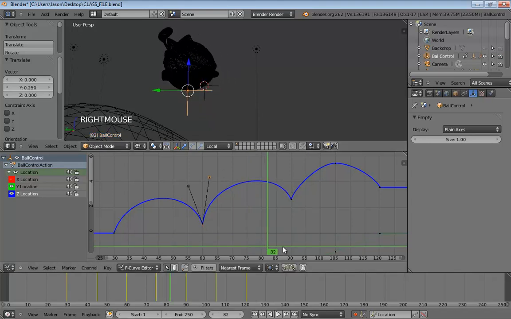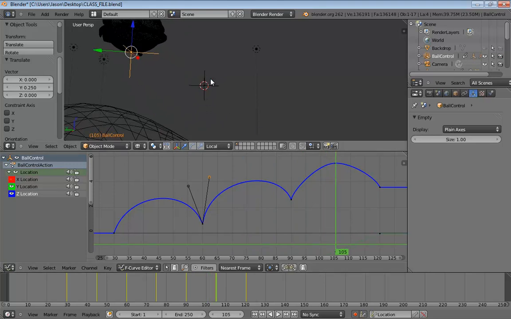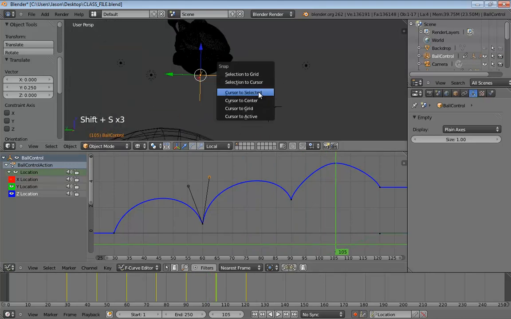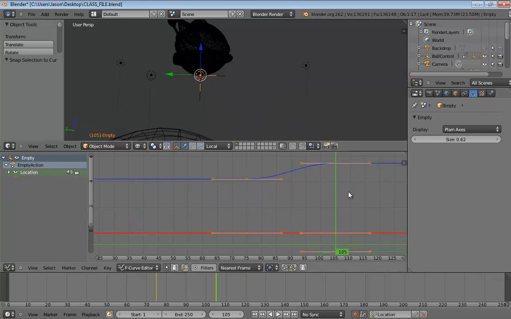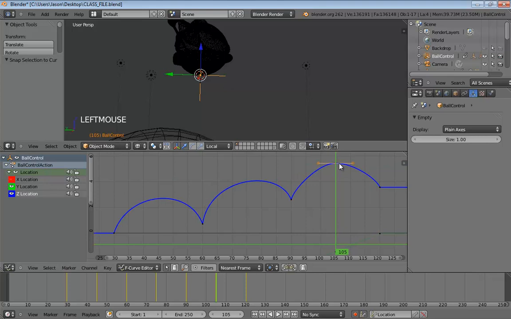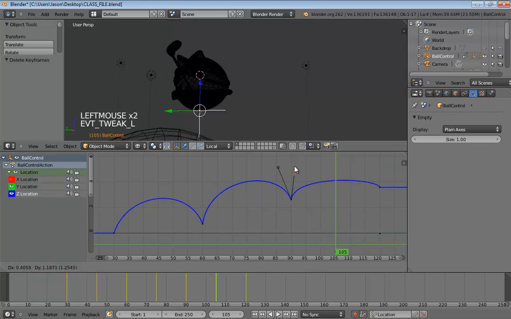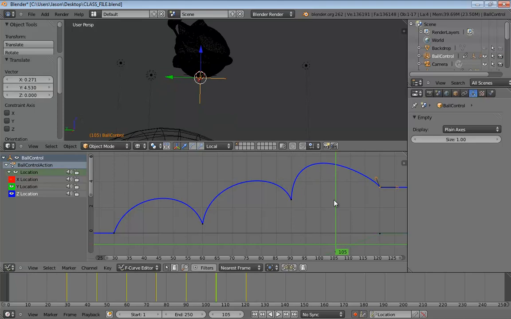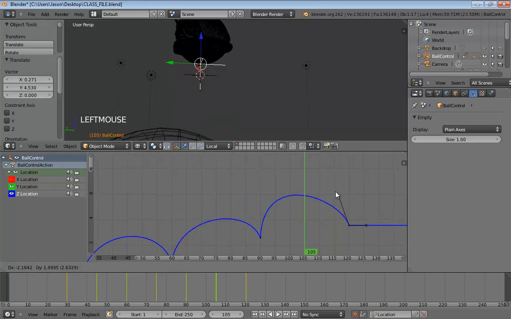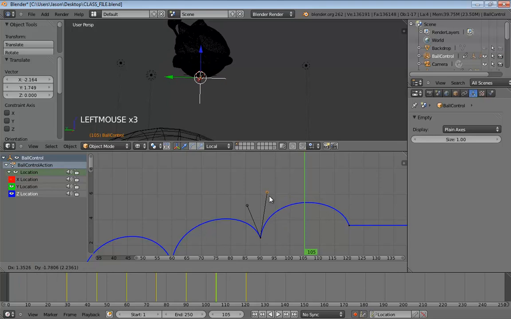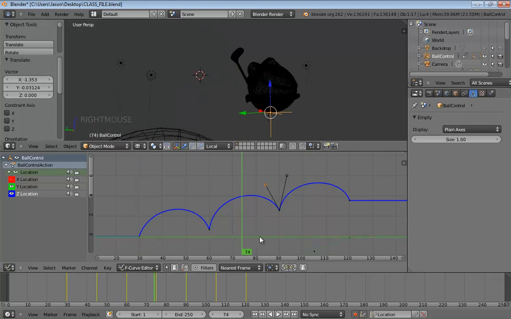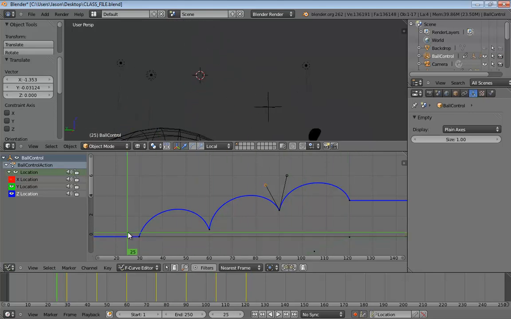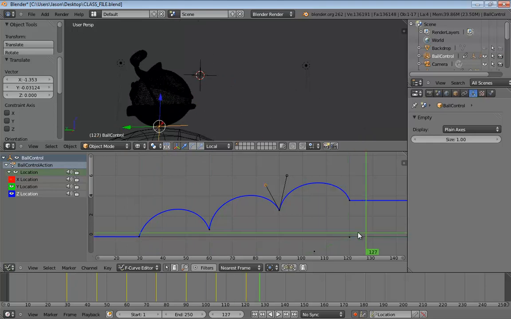And that looks pretty good. So move on to the next one. And Shift S, cursor to selected, grab U, Shift S, selection to cursor. Go back, nuke out the keyframe, and kind of overdid that one just so I could see my little empty, my locator. All right, and so now we've got 3 very nice looking bounces going all the way back up. That is our bounce. That gets us up to the top of the hill.